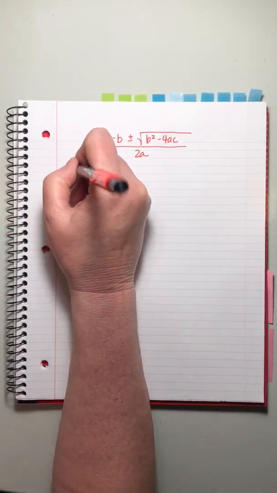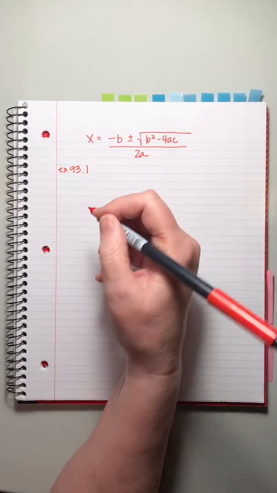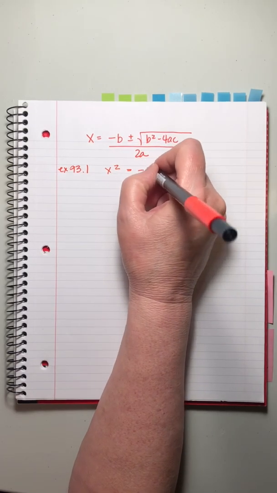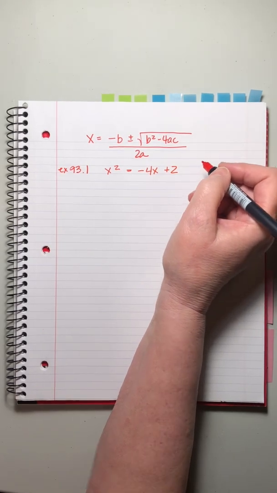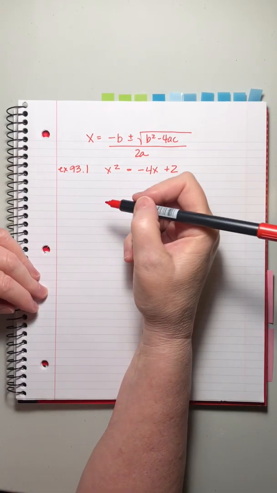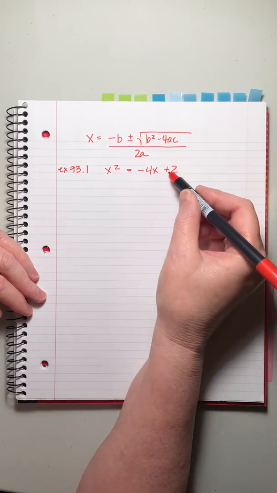There it is. Okay, so example 93.1. What kind of solution does the equation x squared equals minus 4x plus 2 have? Do not solve. Okay, so what John's saying is just use the discriminant to find out which of those solutions it will be. Okay, well, what we need to do is get this organized properly